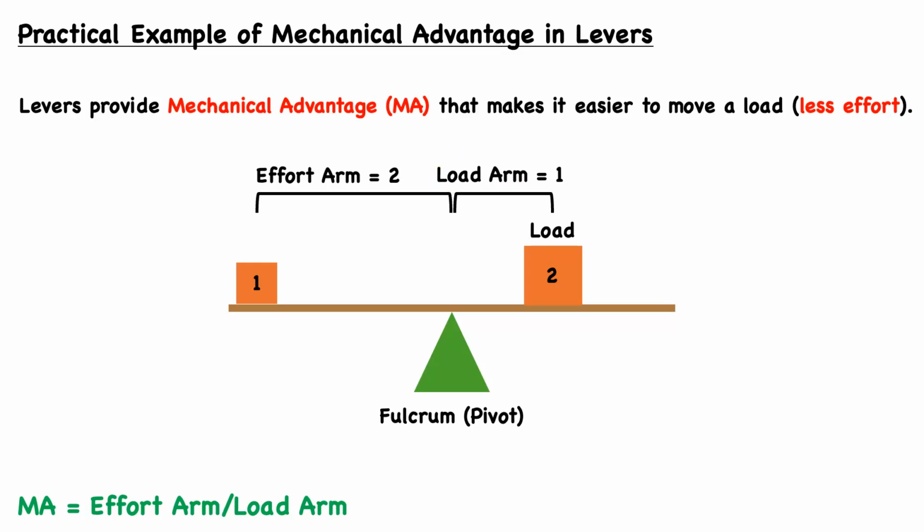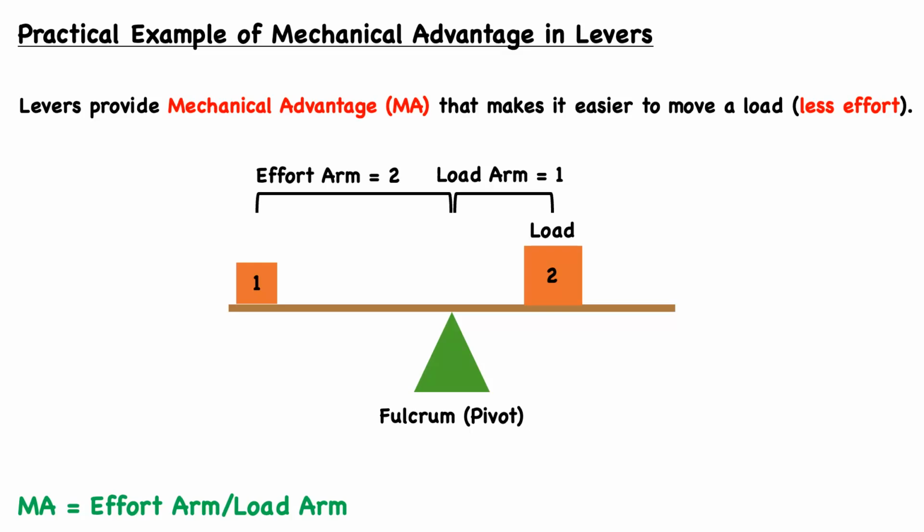So what do you think is going to happen? Do you think this should be balanced? Do you think that the load should be lifted? What do you think? Well, again, we have a load with twice the value as the effort. But because the effort arm is twice that of the load arm, this compensates for the different magnitude between the load and the effort. And in this case, this would be balanced,